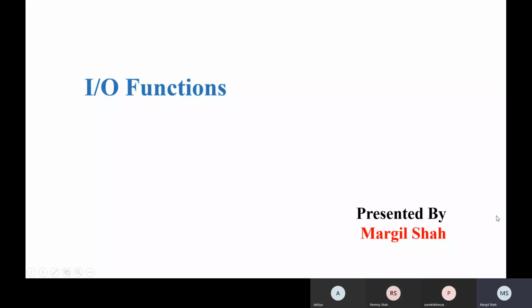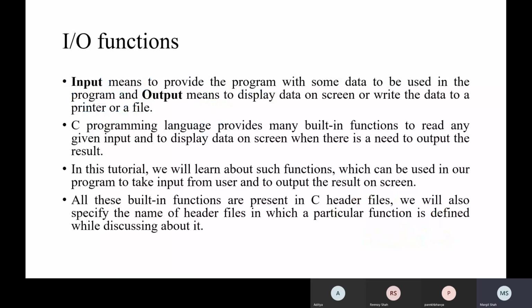Okay, so let's understand today first the IO function. As per your syllabus and as far as programming in C is concerned, we need to understand certain things related to the formatted input output function. So here we are discussing the IO function first, and certain things related to how to format the output or how to format the input of the C language or C program.